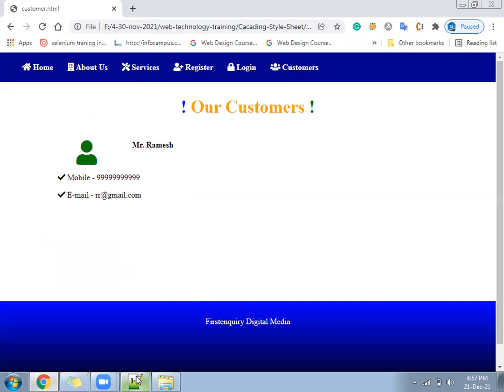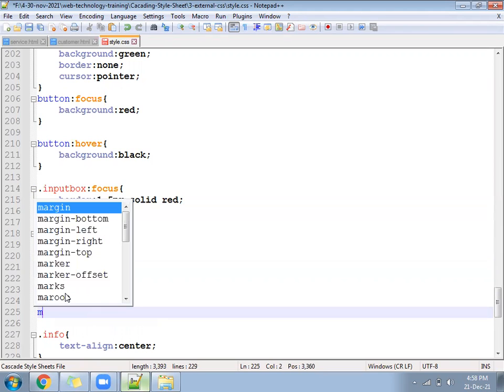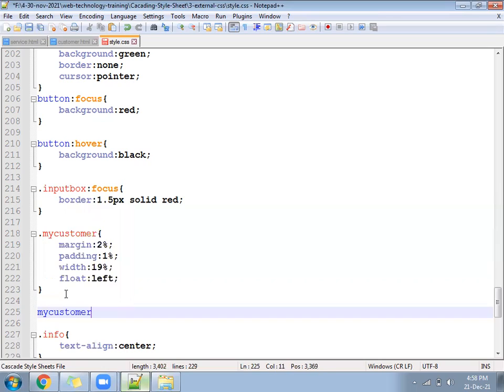Okay, so that is not the main problem. The main problem is something else. 19 was okay. Inside that, under the my customer class, you have a class called FA.